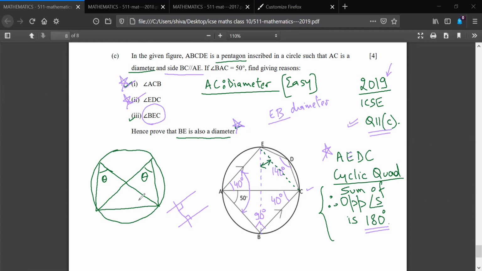Now I have proved in this lecture that if this is my chord AB, this chord AB would be forming the same angle at P, Q, or maybe any other point R. There shouldn't be any doubt. No, sir. It would also be theta. So if I take BC as the chord, this chord is making an angle of 50 degree here. So it will be making the same angle here. Any doubt, Mr. Rudra? No, sir. So angle BEC would also be 50 degree.